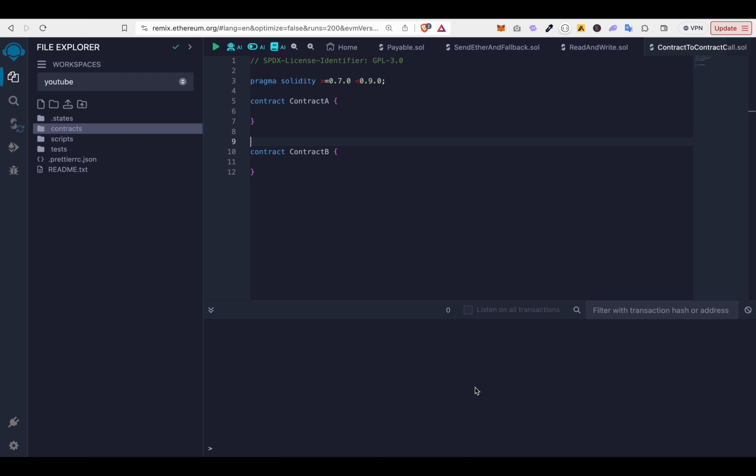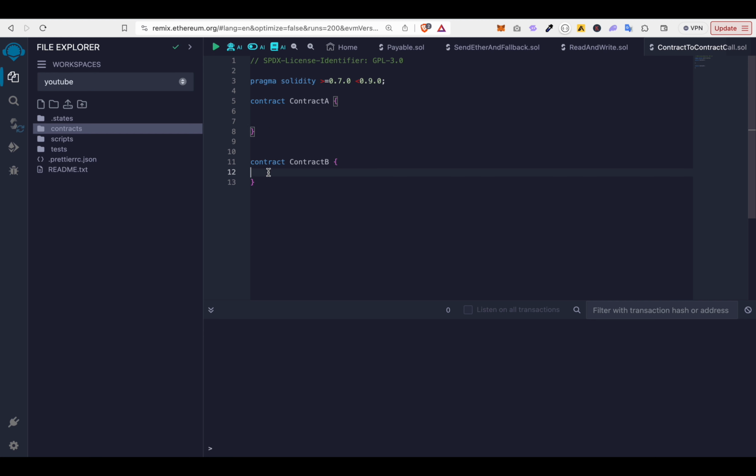But in this particular video, making contract calls is quite a bit different in the sense that you don't have to start overriding functions. You can just instantiate, create a new instance of that contract that you want to access or call, and then you can call any of the functions that are inside that particular contract. So without talking too much, let's just create some simple